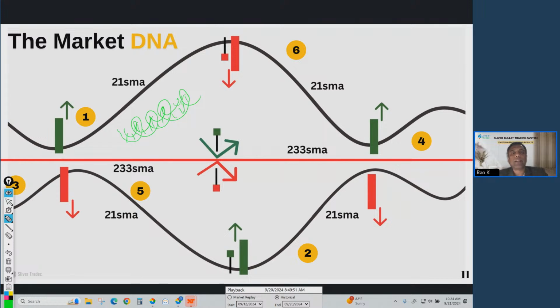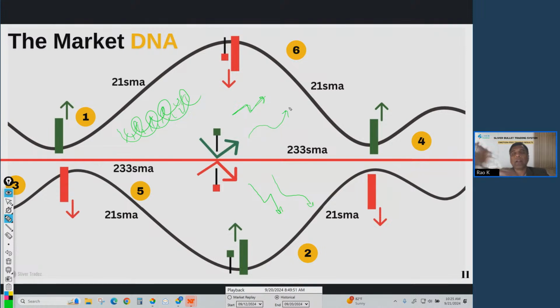understand the DNA of the market. What's the basic foundational element of the market's movement? As we observe, the market moves in this fashion. Market goes up, pulls down, and then moves up again. Market goes down, pulls back up, moves down again. The movement may not be this pointy, but if we average the movement out, it's like this inverted S curve. The market moves in this curve fashion.